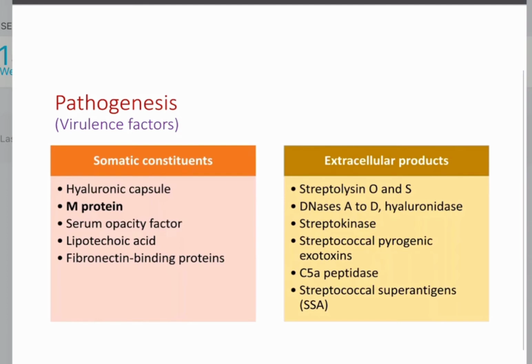What this picture on the right is showing is the M protein, which is embedded into the cell membrane and protrudes through the capsule out to the outside, and they have certain receptors which will be responsible for the virulence of the